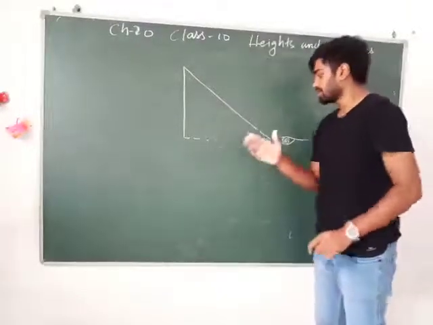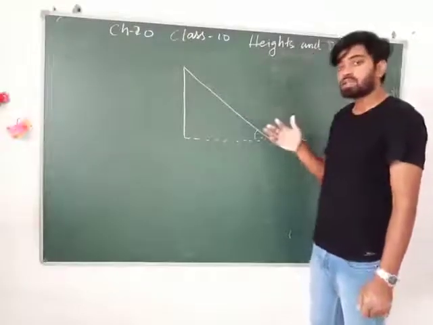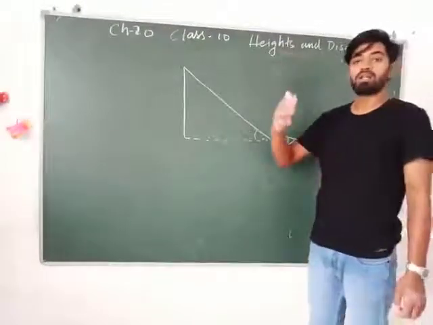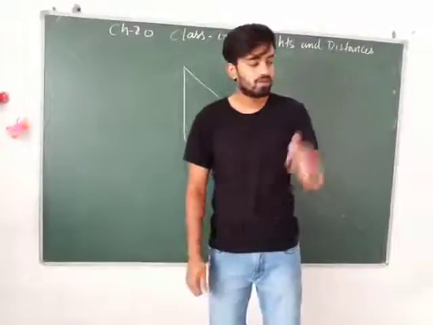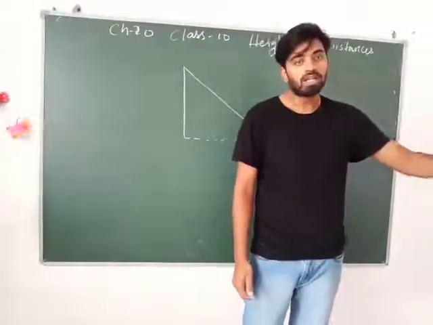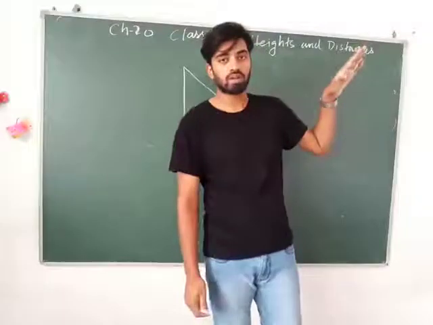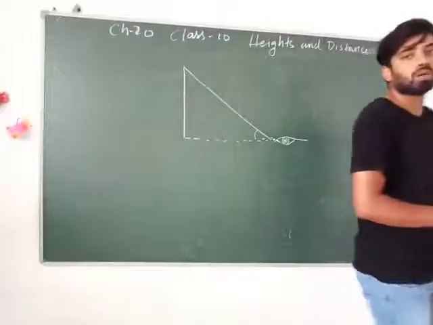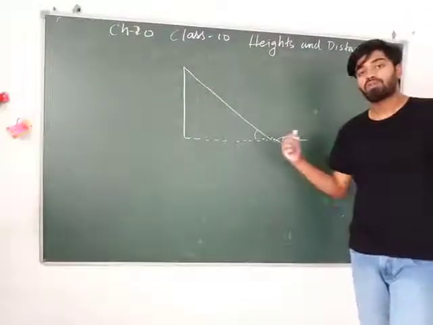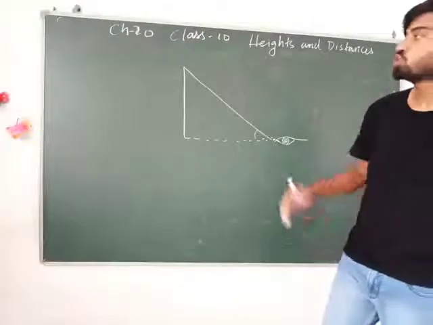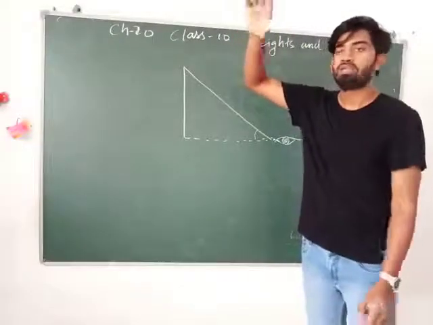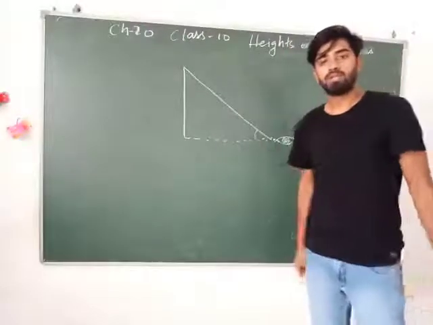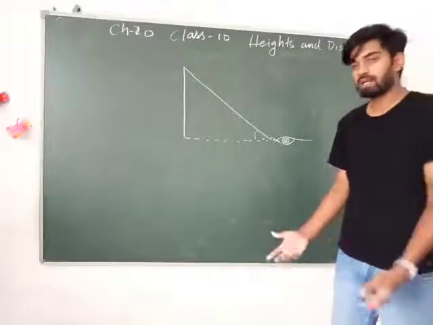If I know the distance and the angle, then I can measure the height of the pole. Even if there's a mountain right in front of you, and you know the distance between you and the foot of the mountain, and you know the angle of elevation, if you're standing on the ground, you'll be able to figure out the height of the mountain as well, or the height of the tree, because you can't reach the top of the tree. As you keep going to the top of the tree, the branches are very weak. You can't sit on them or put your hands on them. They'll break down and you'll fall down and end up getting hurt.